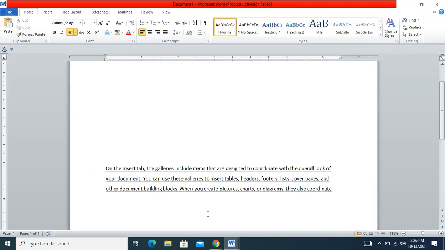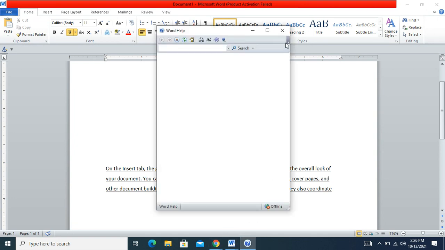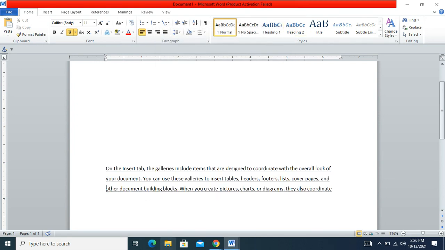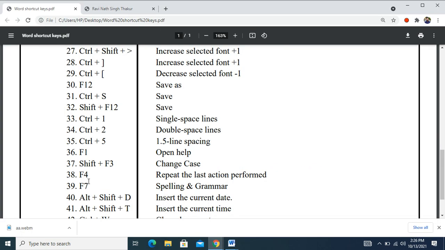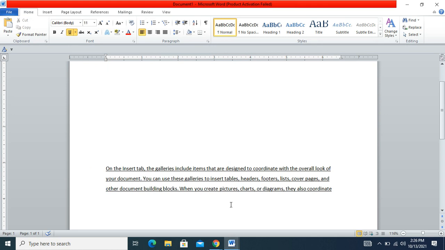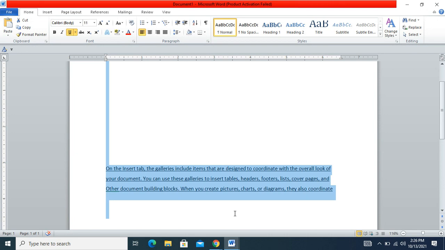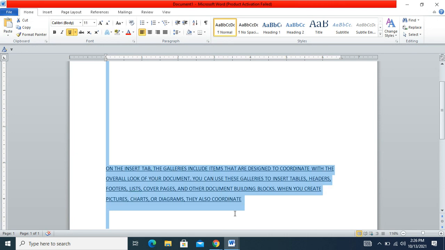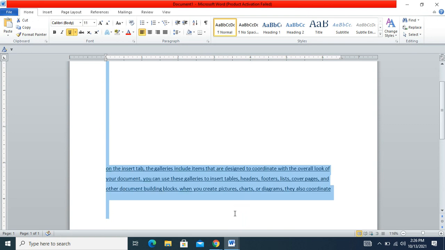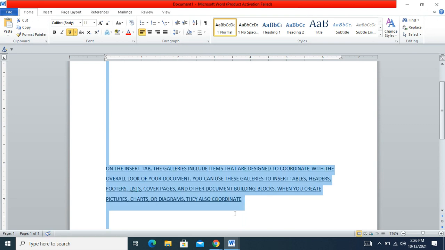Press F1 to open the help option, and the next shortcut key is Shift plus F3 for change case. Select the text and press Shift plus F3 to change case: sentence case to uppercase, lowercase, uppercase, lowercase, then toggle case.